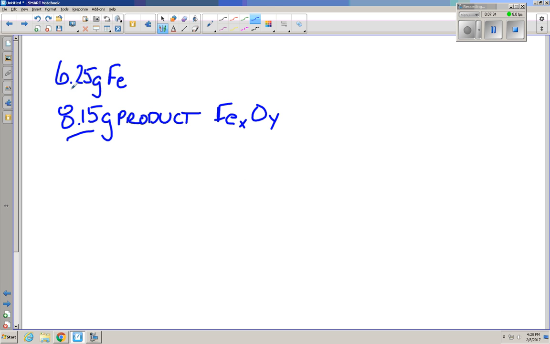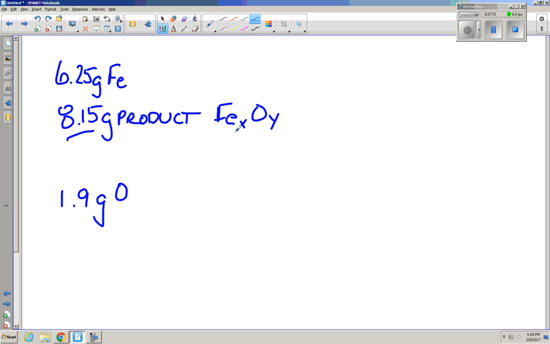So if you do a little bit of subtraction here and take 8.15 minus 6.25, you can find out that the actual amount of oxygen you form here is a mere 1.9 grams of oxygen. Okay? Now,